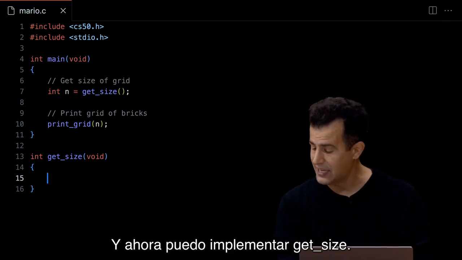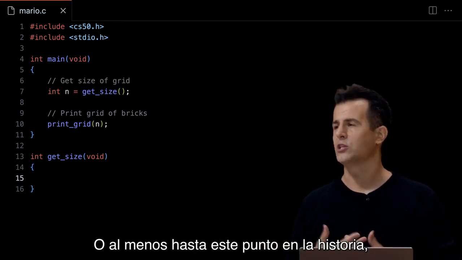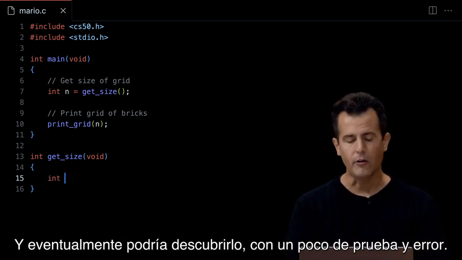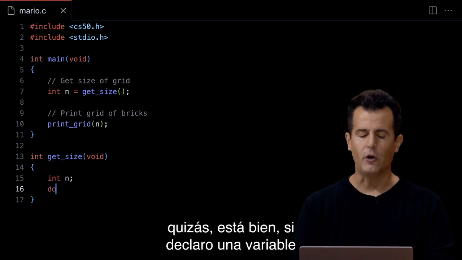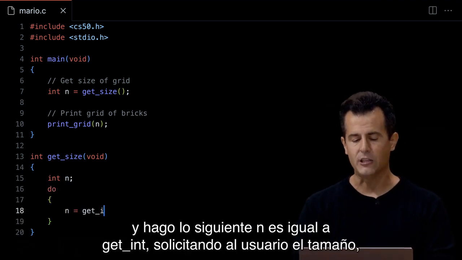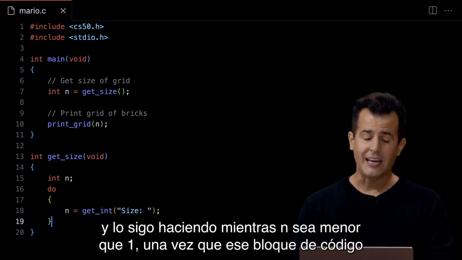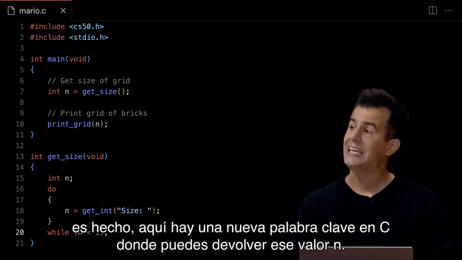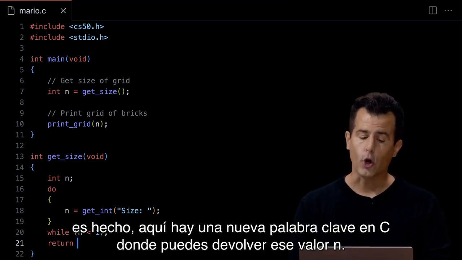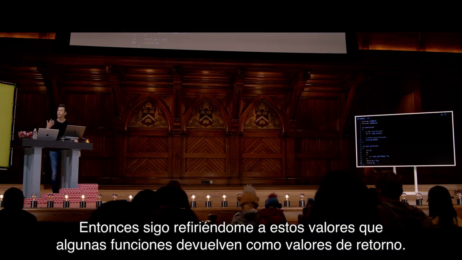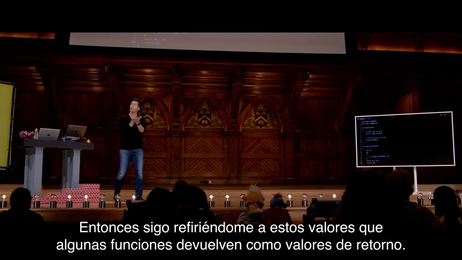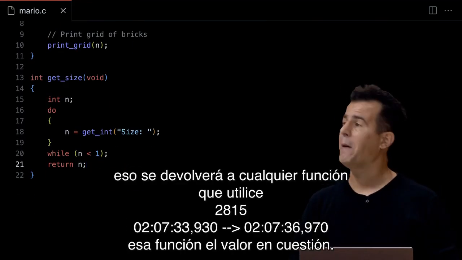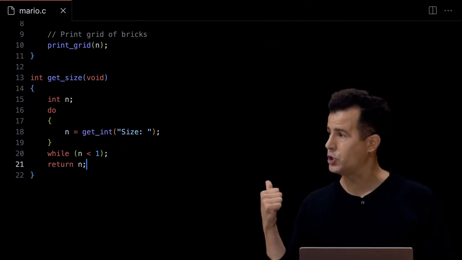And now I can implement getSize. But I've already implemented getSize, or at least now at this point in the story, I at least know concretely what to do. And I could figure out eventually, with some trial and error perhaps, all right, if I declare a variable and I do the following, n equals getInt, prompting the user for size, and I keep doing that while n is less than 1. Once that block of code is done, here is a new keyword in C where you can return that value n. So I keep referring to these values that some functions return as return values. In C, there's literally a keyword called return